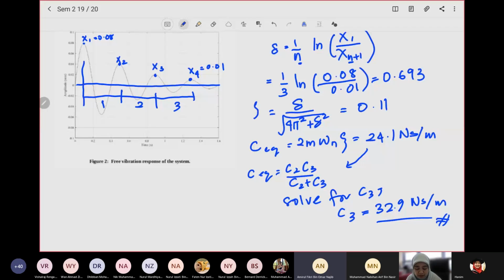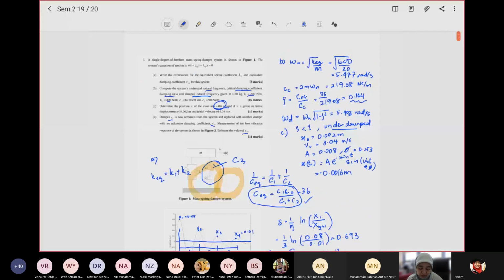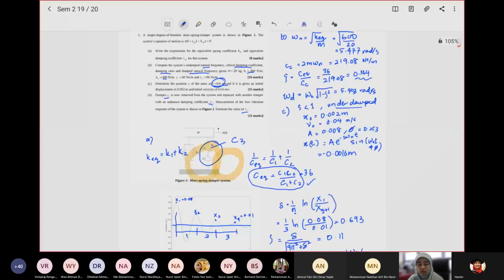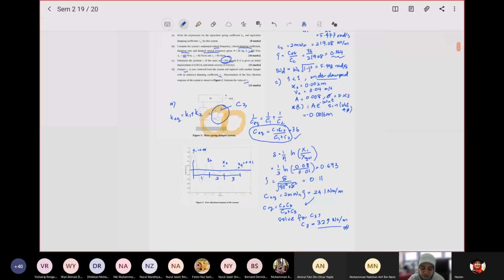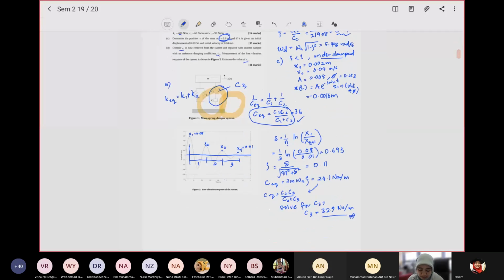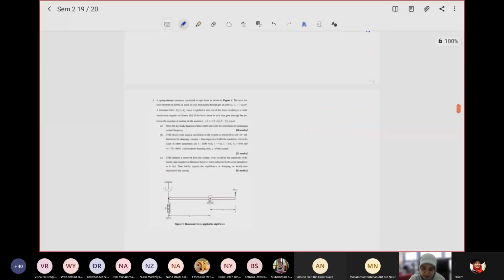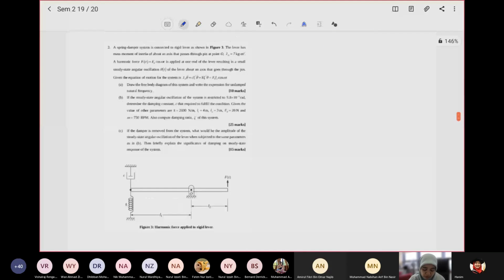Okay, so roughly, if you look at other examples of tests, the midterm test as well, the questions are about the same. Maybe we give you a different system, but it's all related to the concept of zeta. You know what happens if there's no zeta, or if there is a zeta, how do you write or calculate the response and the values of zeta. All right. Maybe we don't have time for this one. You can look at the